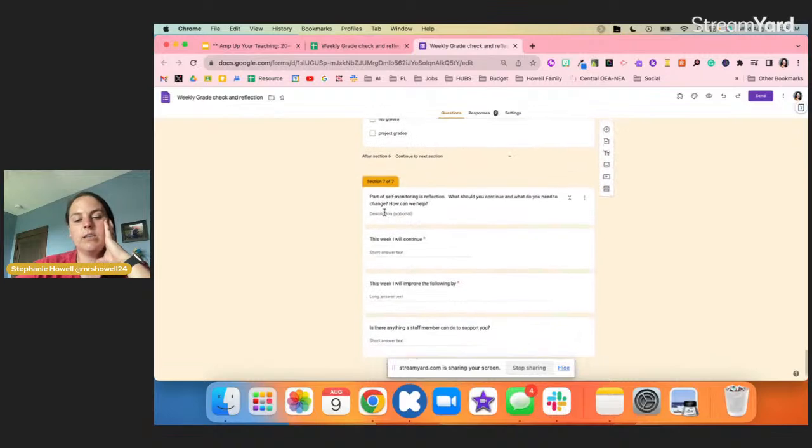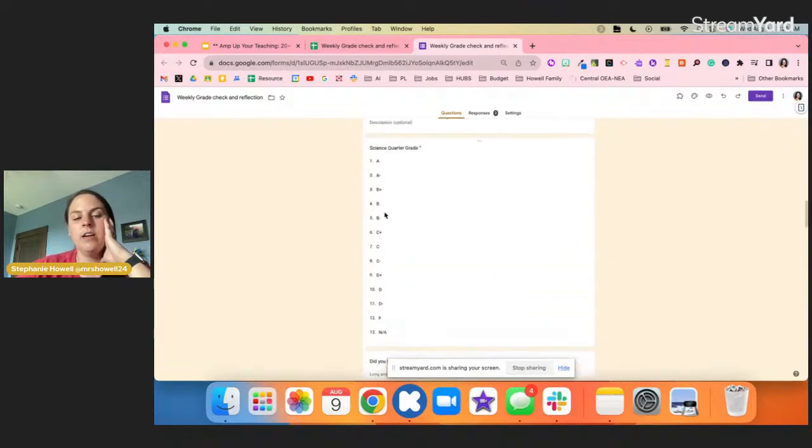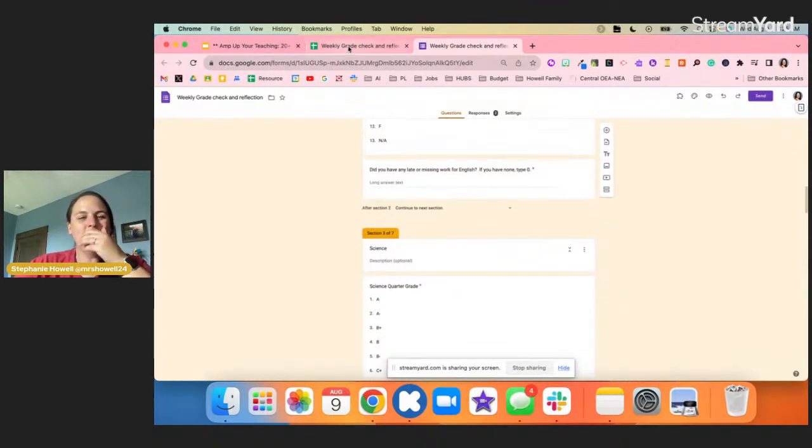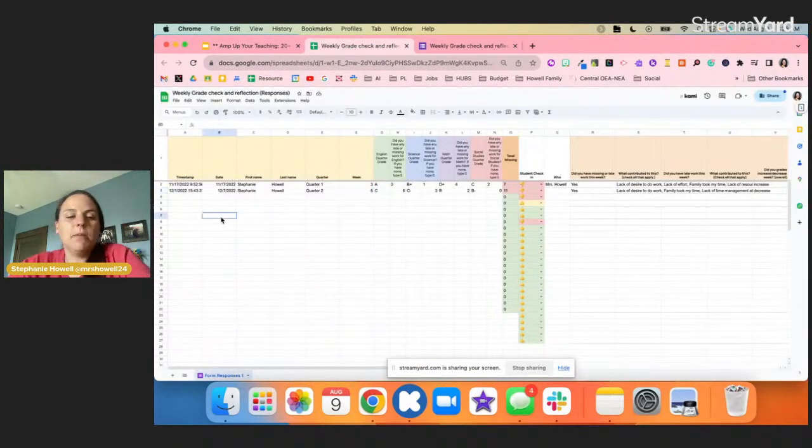So they're going to complete this activity. And when they complete that grade check, it's coming onto this spreadsheet. On this spreadsheet, I'm able to see the quarter, what week we're in, their letter grade, and how many assignments they have per class. So what I've done is I've tallied it up here, and it's telling me that this student has 7,